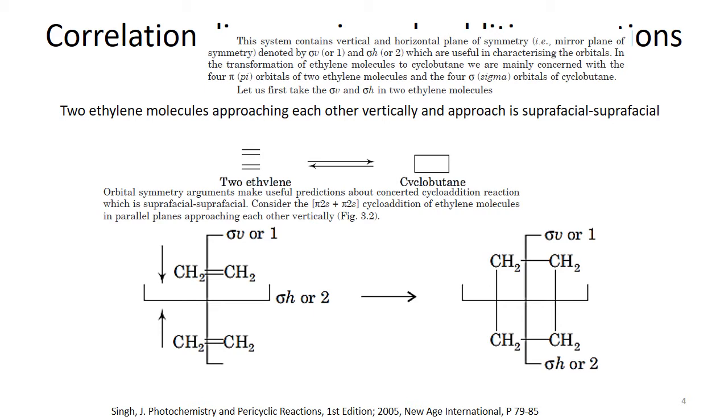But why have they written the same line, the line dividing the molecule into two equal halves, as sigma v on one side and sigma h on the other side? It's because the ethylene molecule is equivalent if we approach it from either side. So sigma h and sigma v are equivalent here, so we can designate either side as sigma h and sigma v. In any case, they shall be perpendicular to each other.